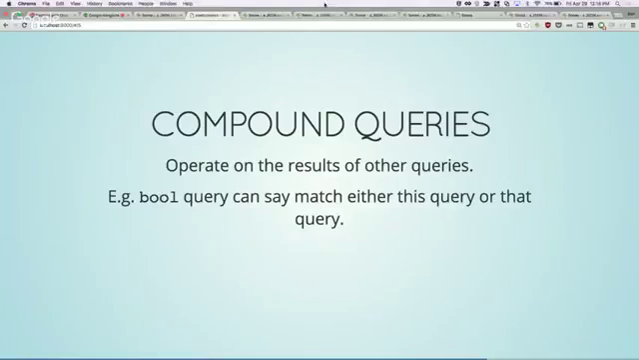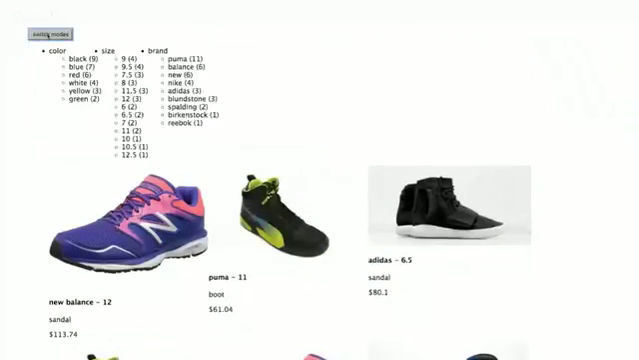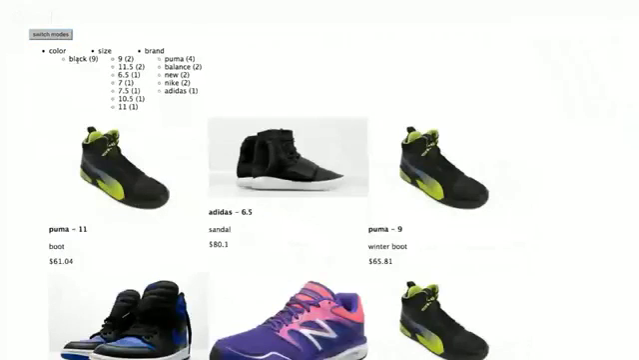So store again. This is like, say you wanted black shoes that are also size 9. So that's a must query, filtering by size and color. So if you look at